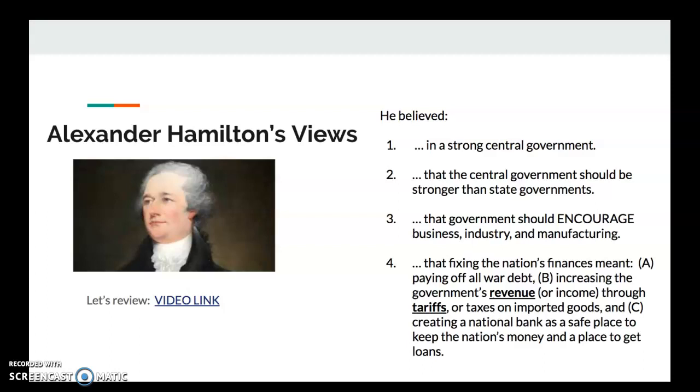So if we had these cheap canoes that were coming in from France, one thing we might do is slap a tariff on them, which would make their cost equal or maybe more than the price of canoes that were made in the United States. People then are going to be more likely to buy American canoes, which is going to support canoe building industries, and also that tariff, that amount that's added to the top of a price of an item or goods and services like that, that money goes right into the national bank. So the country makes money off that too.